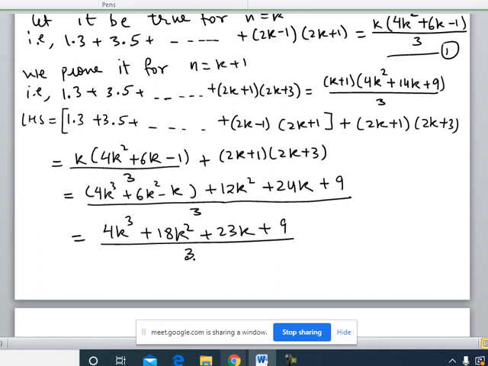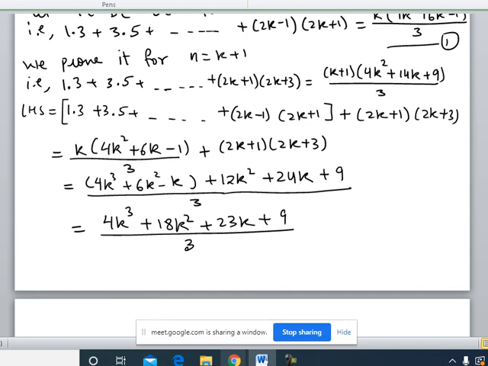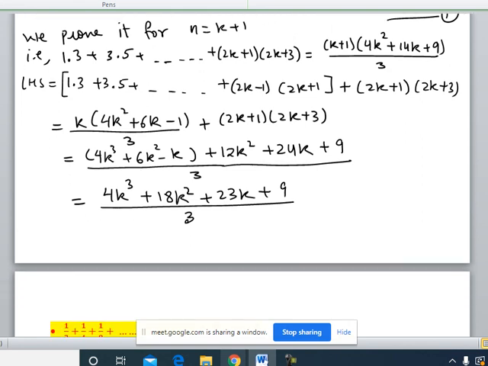You will see it will come out to be this much. But if we go for factorization, you can use the factor theorem to make out what is one of its factors. We can quickly show one of its factors will come out to be k plus 1. See, if I replace k by minus 1 here, the cube of minus 1 will be minus 1, we get minus 4. So keep this in mind, this is minus 4.